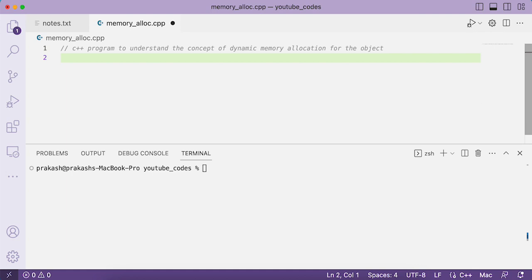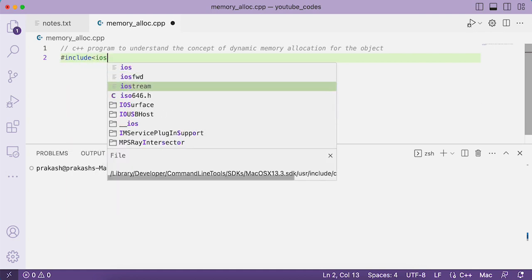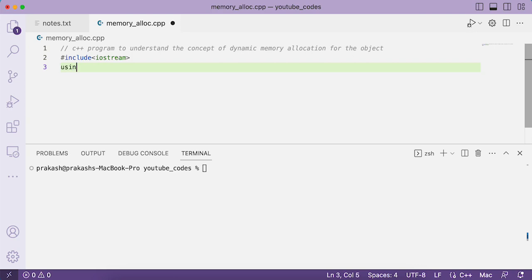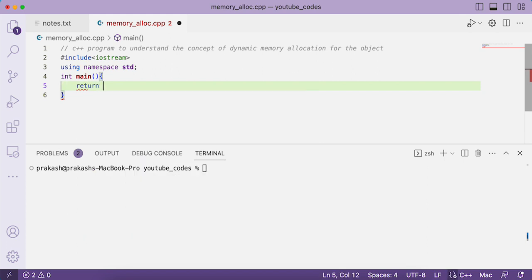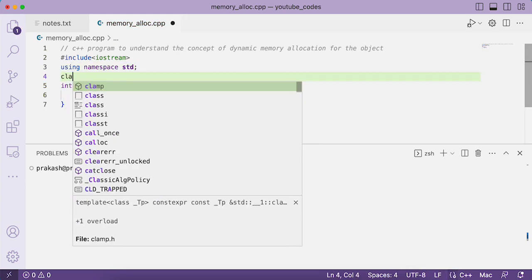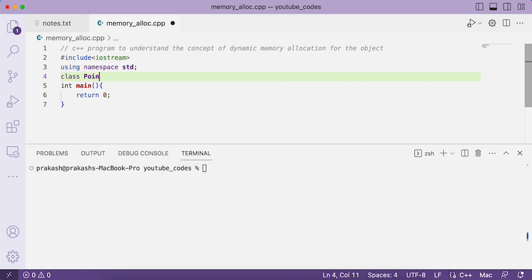For that, let us import the required libraries: #include <iostream>, using namespace std, int main, return 0. Let's define a class; the class name is Test,